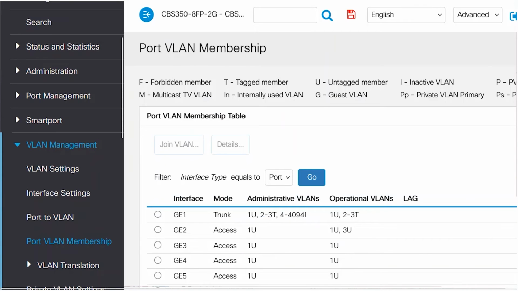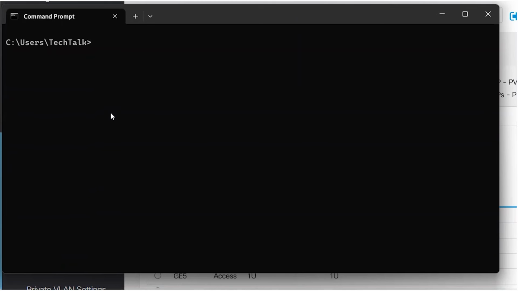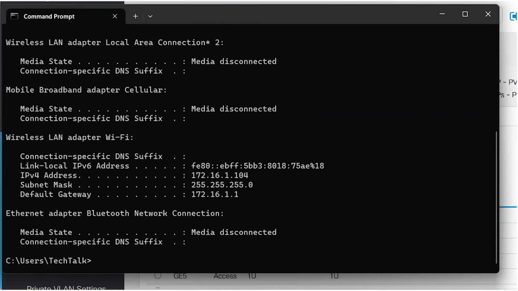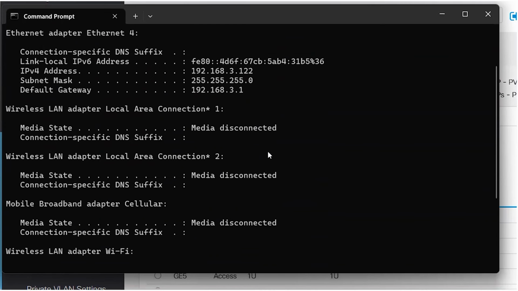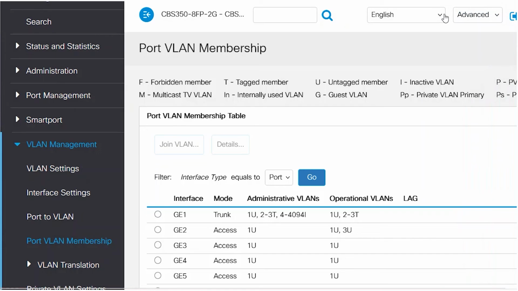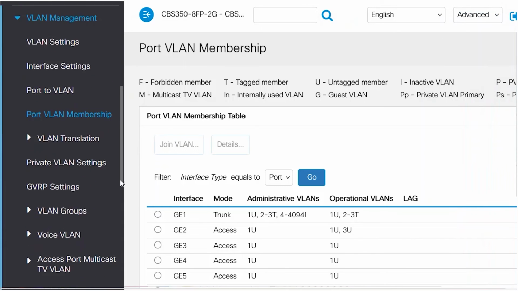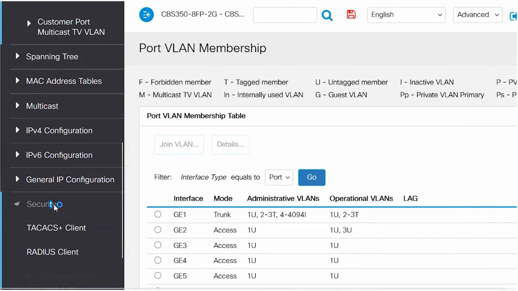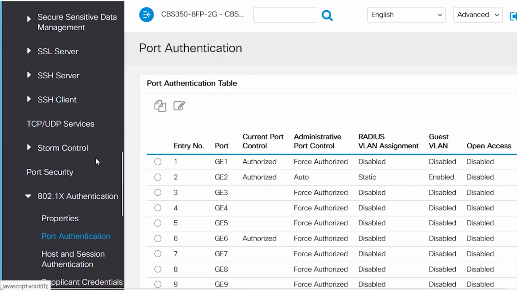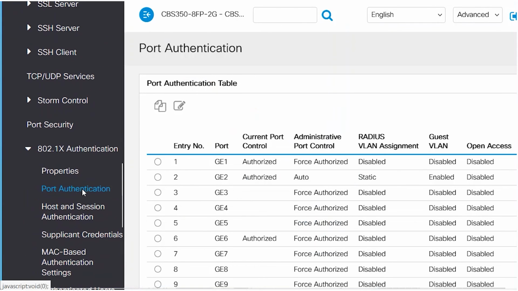To verify, open a command prompt and type ipconfig. I'll scroll to the Ethernet port, where you can see that I got the IP from the VLAN 3 IP pool, confirming I am indeed on VLAN 3. Back to the Security menu and Port Authentication under 802.1x Authentication,